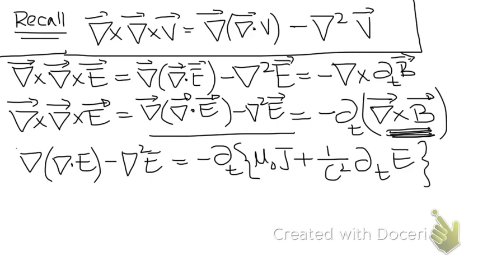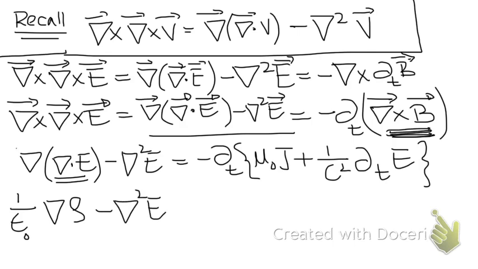Right. Okay. Now we can simplify this a bit more, because of course we know the value of our del dot E, and so let's substitute that in this, and therefore what this equation goes on to become is 1 over epsilon is just a constant, I can take it out, then del of rho, the charge density, right, minus the Laplacian of my electric field E, that is from here, and all